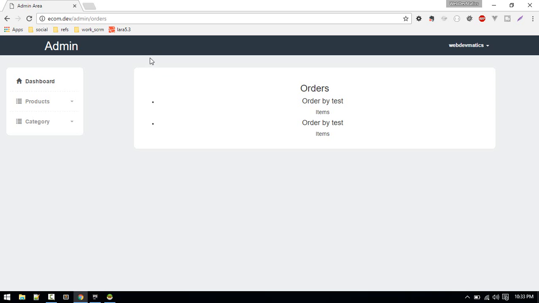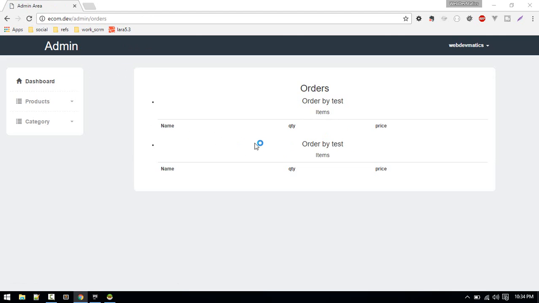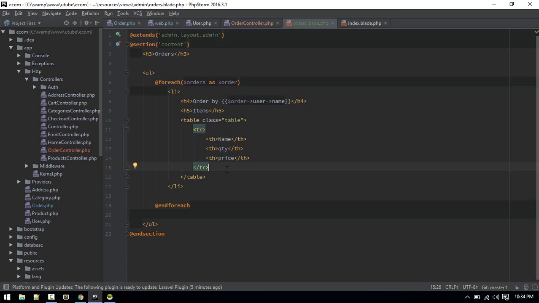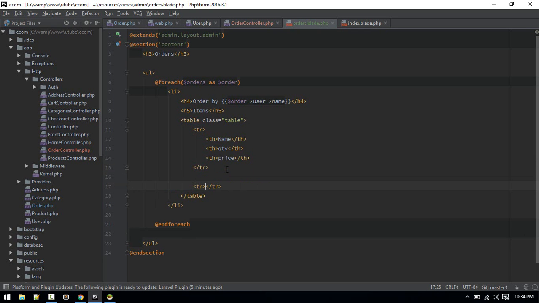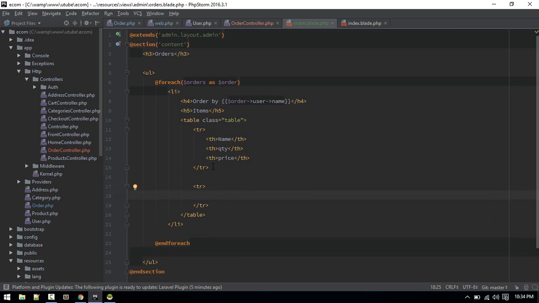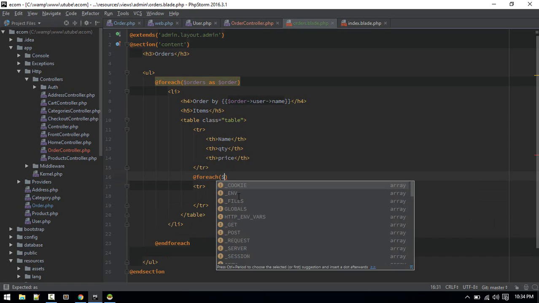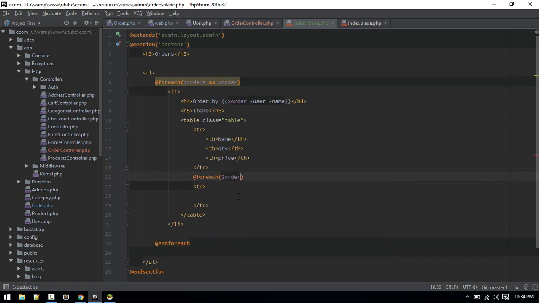Okay, so this will be the header. So if you go to admin orders, you can see, so now this row here will be filling data. So what we'll do is we'll loop through for each loop, for each order